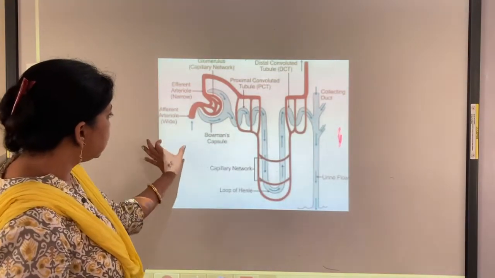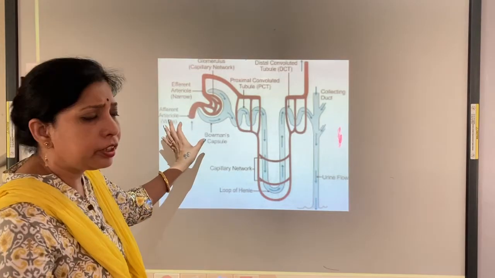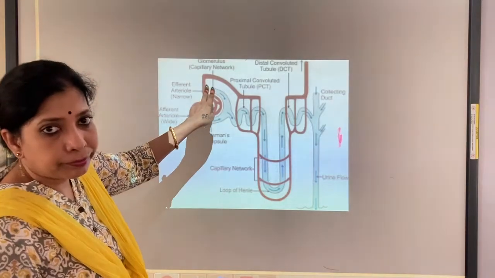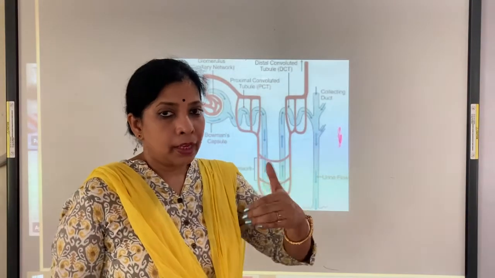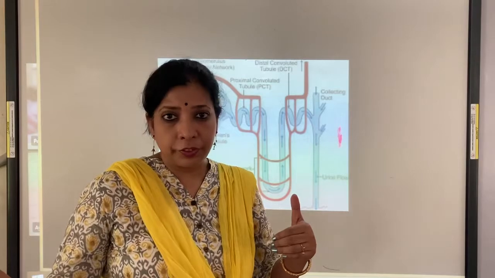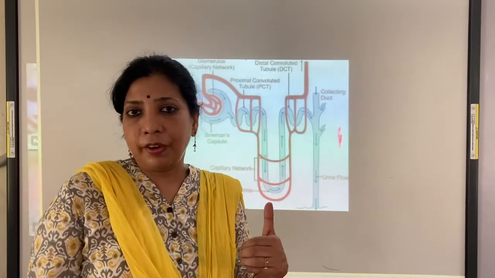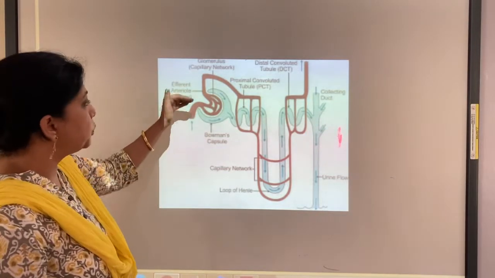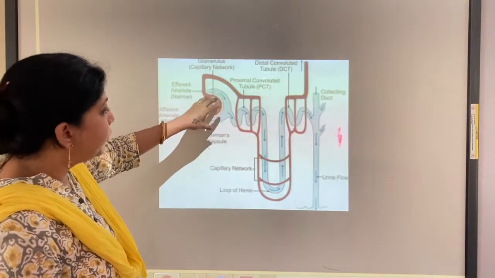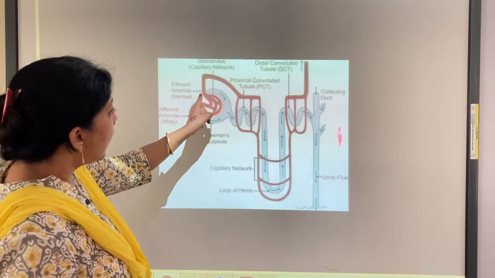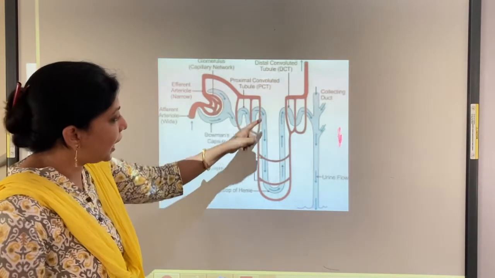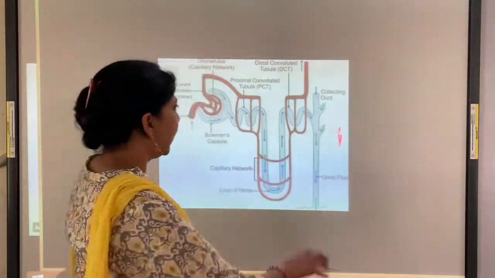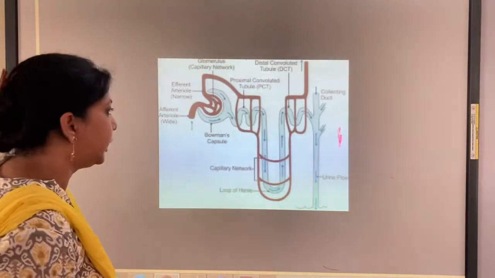Now understand this. This is the afferent vessel, afferent arteriole. It is broader than the efferent. A comes first in the alphabet, so afferent comes first. E comes after, so efferent comes afterwards. So afferent is bringing the impure blood, the filtration is happening here, and this efferent is actually encircling and absorbing the good things. At every place the reabsorption is taking place.